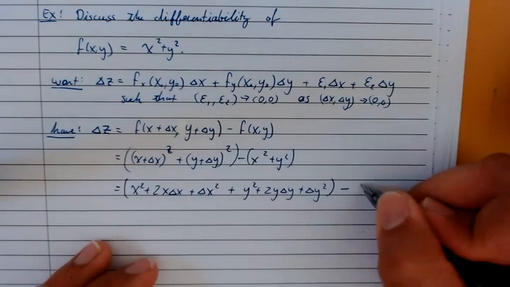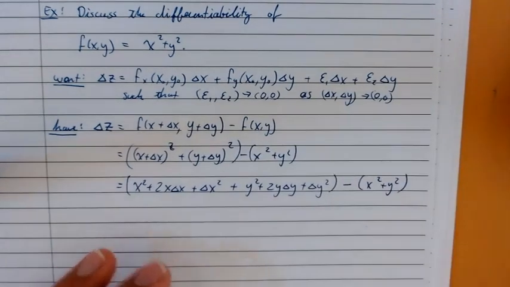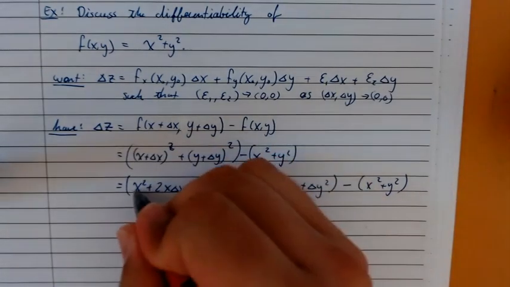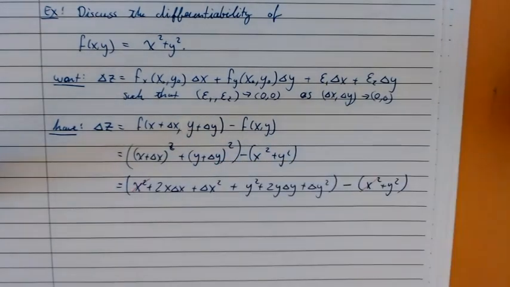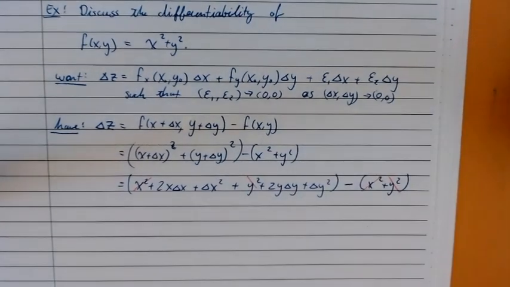minus x squared plus y squared. And one thing you note is that these four terms subtract away. Those two go away, and those two go away. Okay, so really we're left with